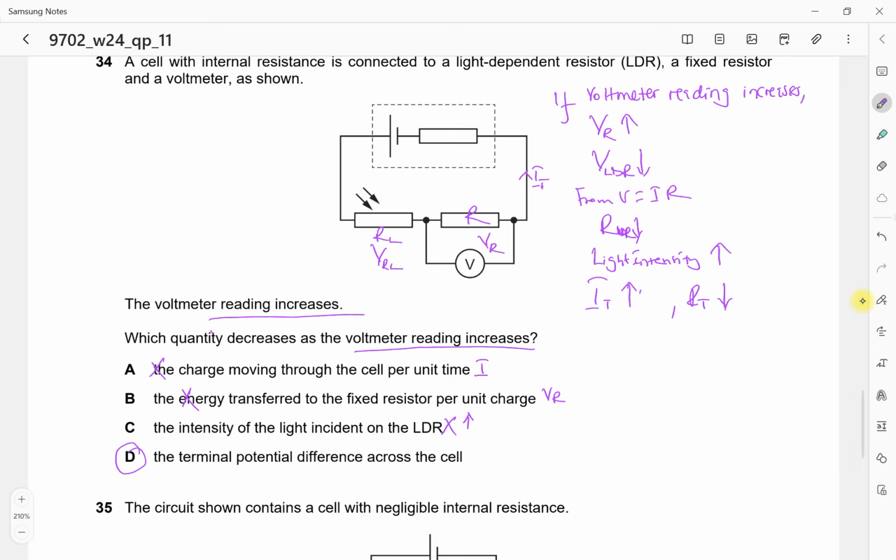Which quantity decreases as the voltmeter reading increases? So if the terminal PD has decreased, because the terminal PD is going to be equal to the total resistance outside, which is R plus RL, times the current, because the resistance of the LDR decreases, and because the current I increases, it means the lost volts